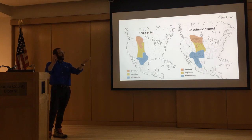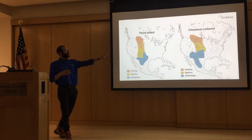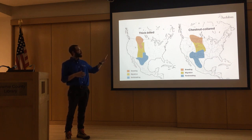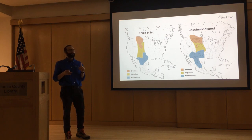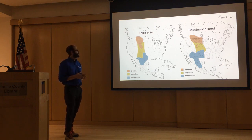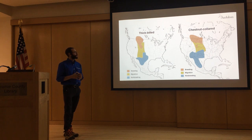Here's the range-wide map. You can tell, with those habitat preferences, the ranges sort of follow that. Chestnut-collared has a slightly wider swath for both breeding and wintering and migration, really. Thick-billed is pretty much restricted to the far west of the prairies because they really enjoy that short grass habitat. Same thing with their wintering grounds. Now,